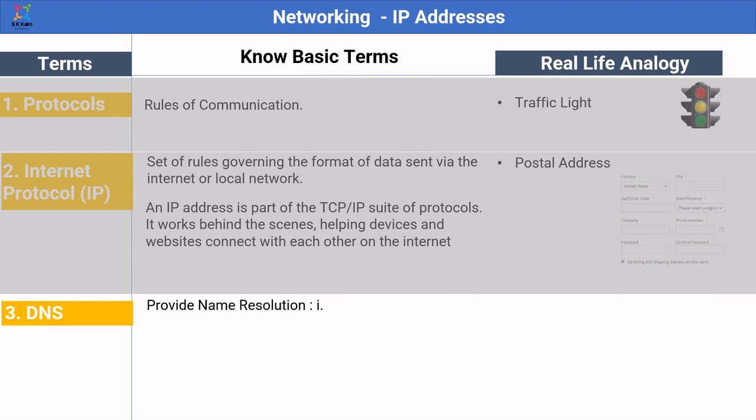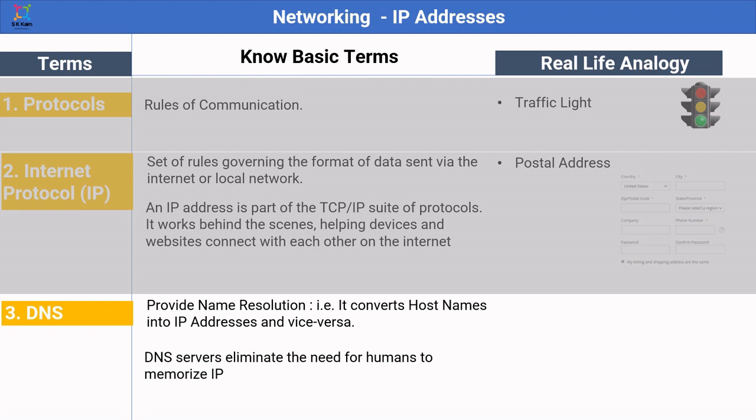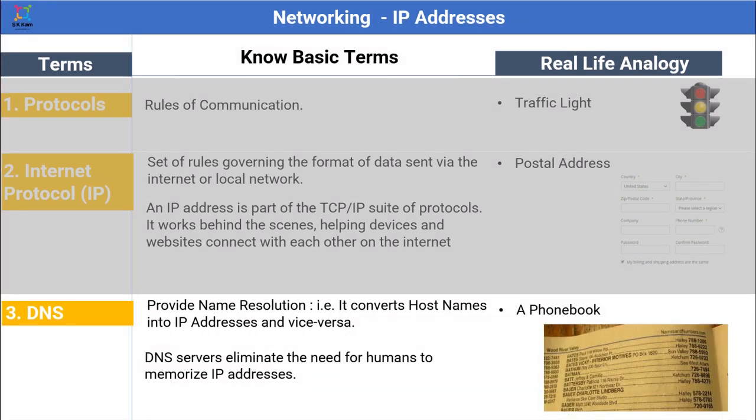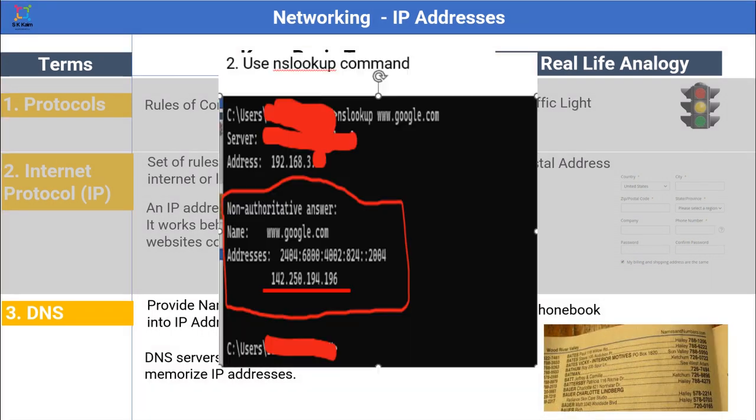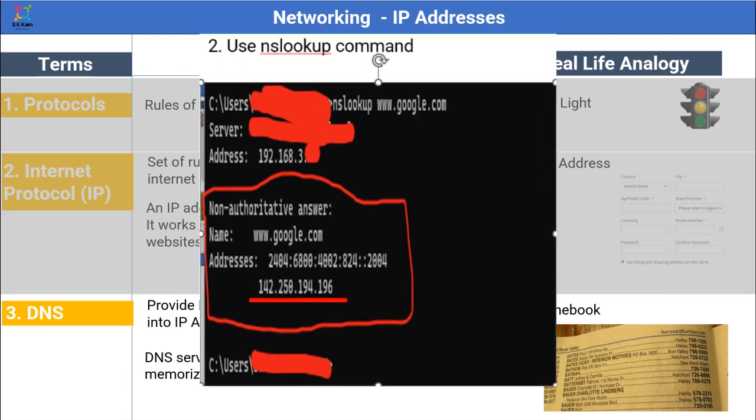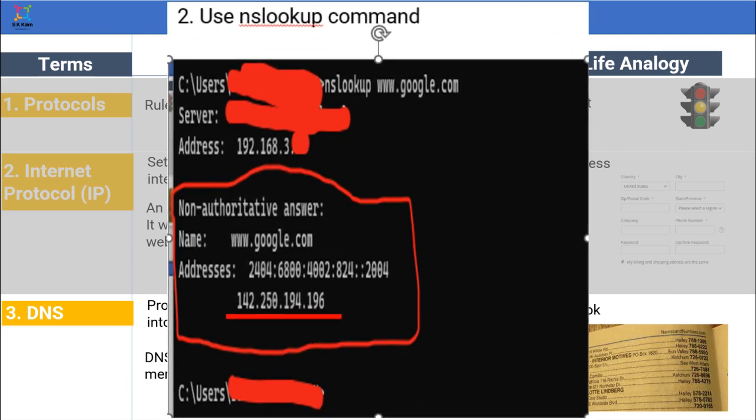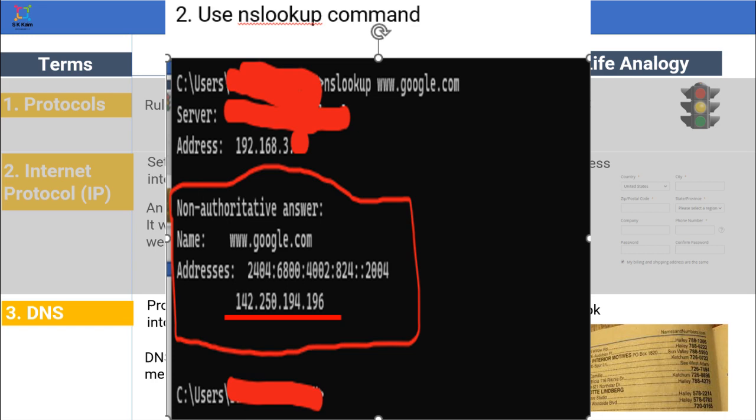DNS stands for Domain Name System. It provides name resolution, which means that it helps to convert the host name to the IP address. In our previous example, we used the host name www.google.com. And how do we get the IP address? We get the IP address with the help of the DNS system. A host name resolution query goes to the DNS server, and the DNS server returns the IP address of that particular host, and then we connect.